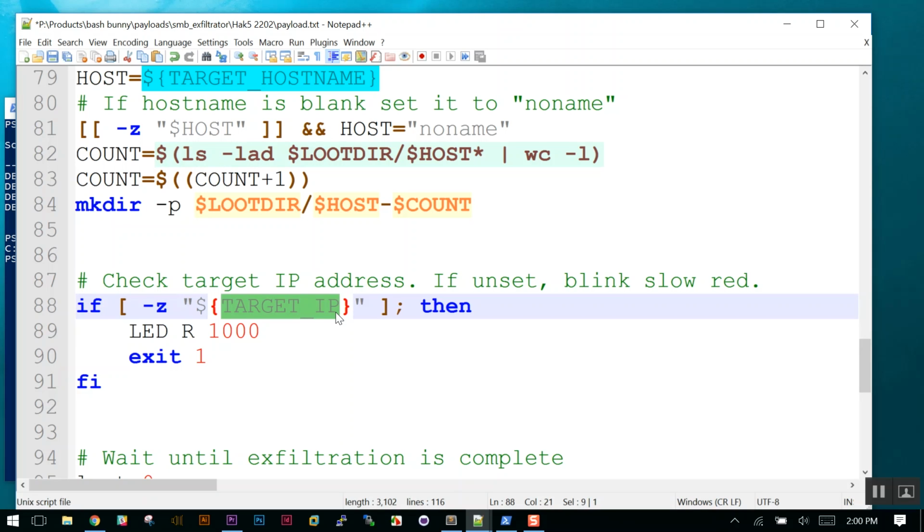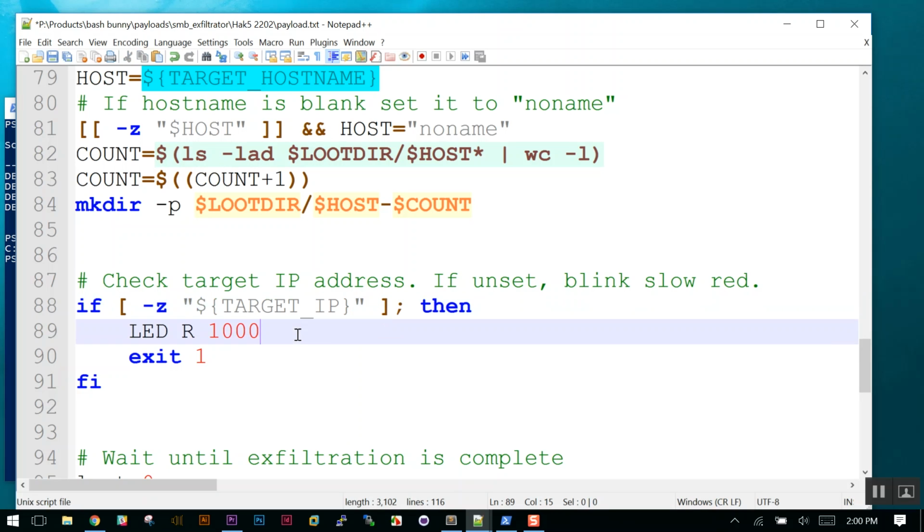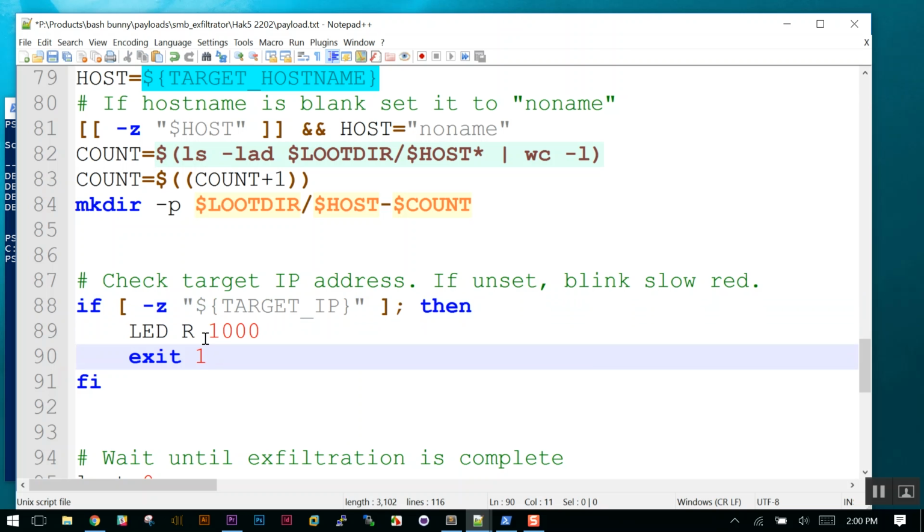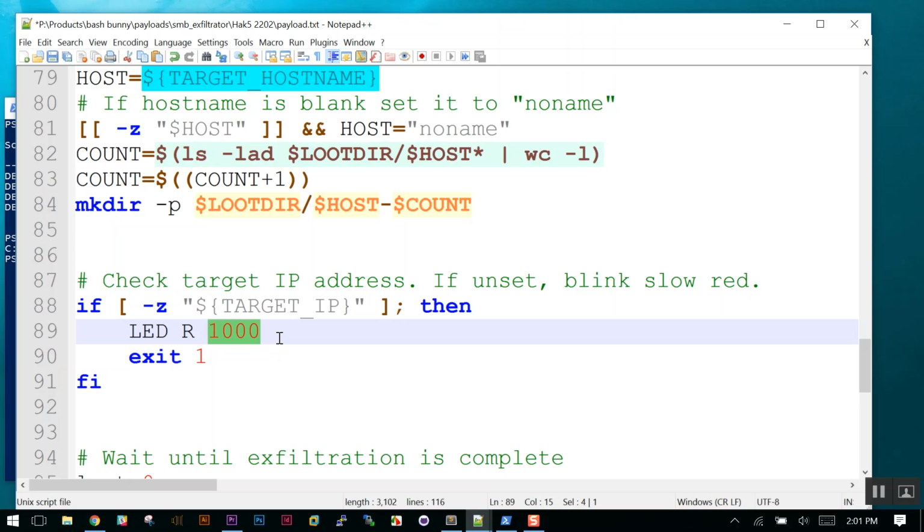So in this case, very similar to the other, I'm just going to go ahead and blink the red LED and exit 1. And instead of blinking at 100 milliseconds, I'm going to blink at a rate of 1 second. Reason is I can now look at my Bash Bunny, and based on the speed that the red LED is blinking, I can know, hey, did it fail because dependencies weren't met, or did it fail because it didn't get an IP address from the computer? So